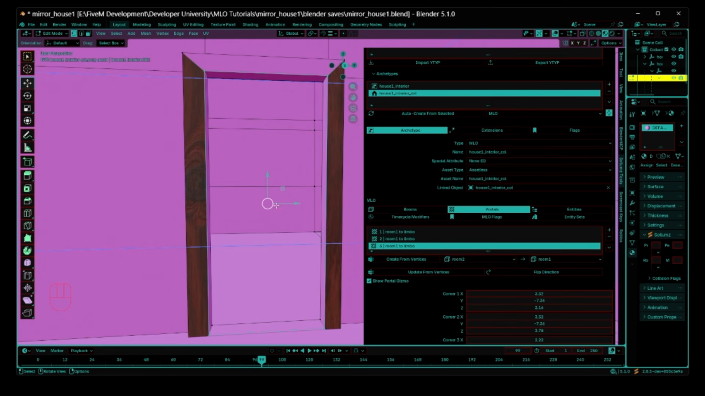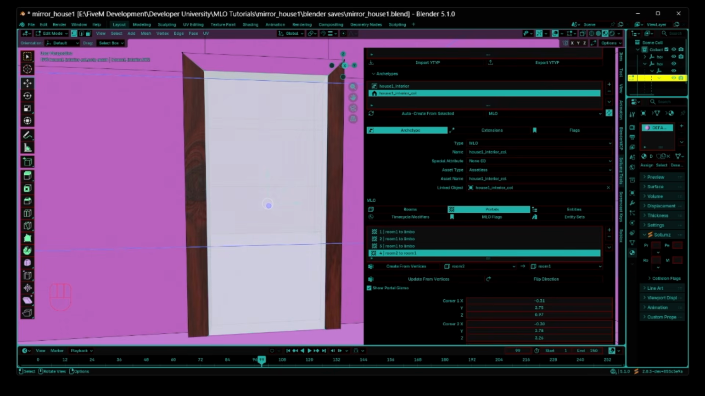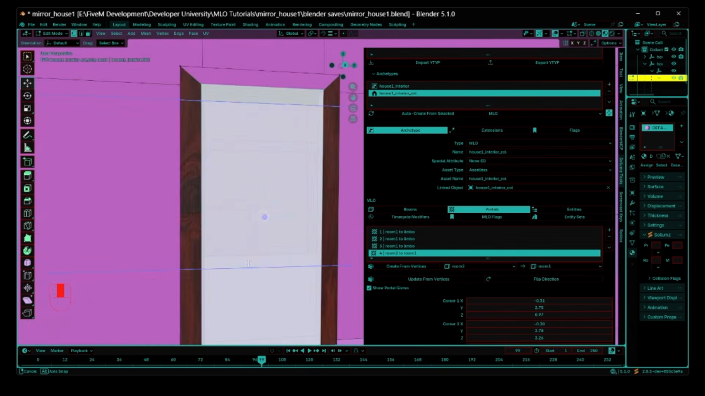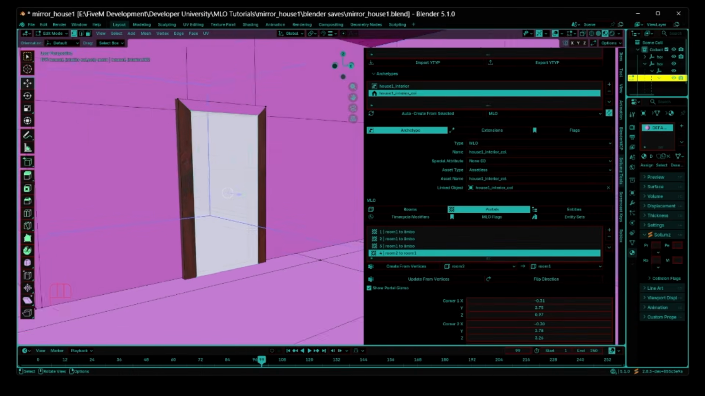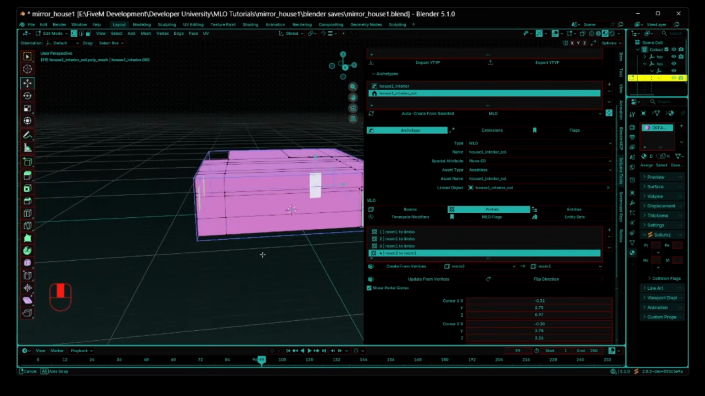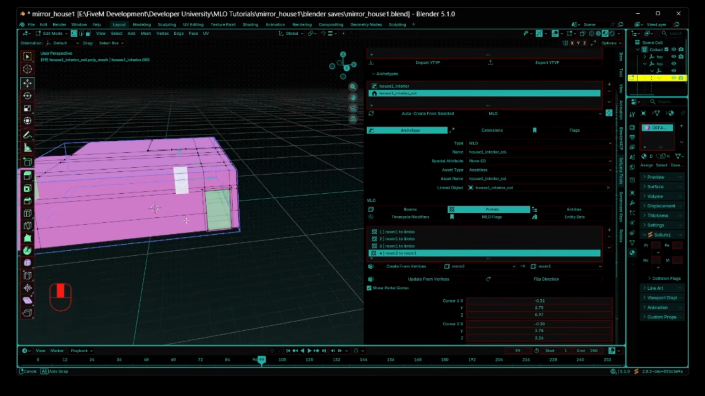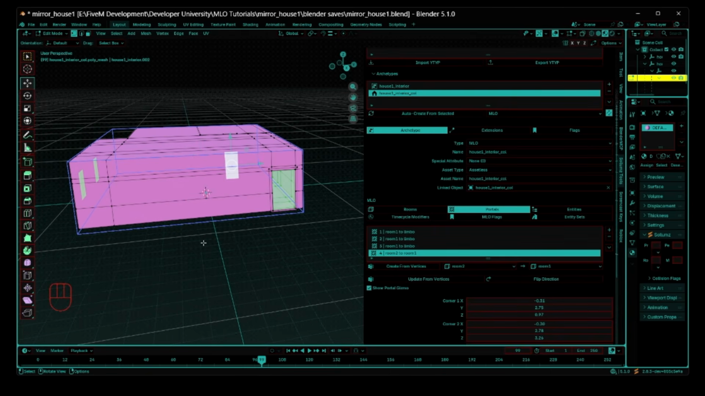So this needs to be set for room 2 to room 1 and then create from vertices. Make sure you're on the outside, not the outside, but just outside the room. Okay. Boom. So now we have all our portals and everything like that. Okay. Next,